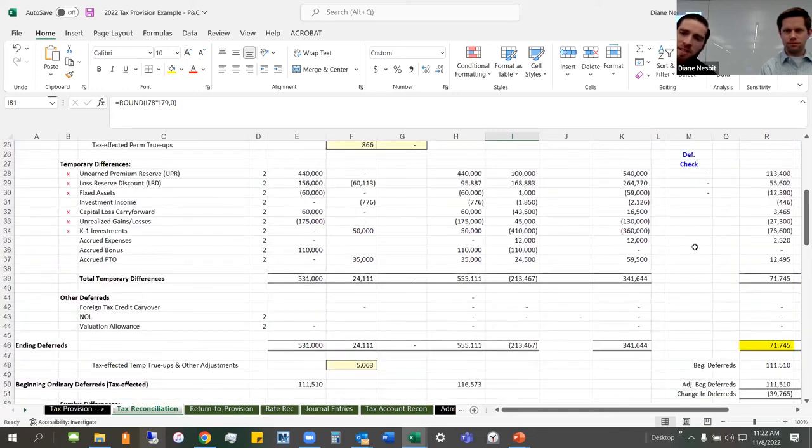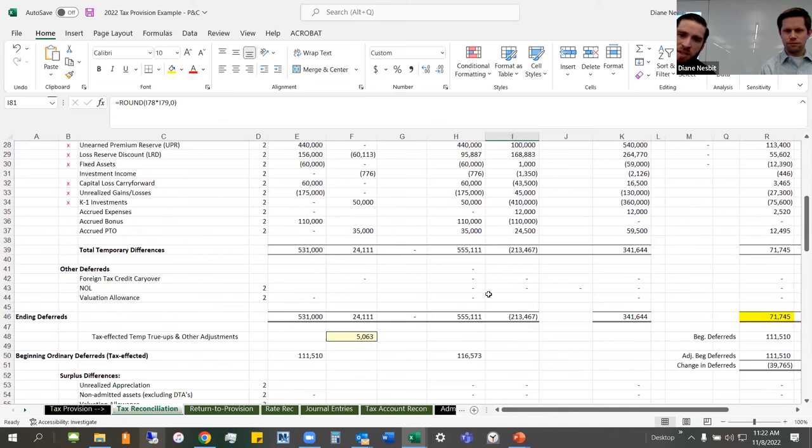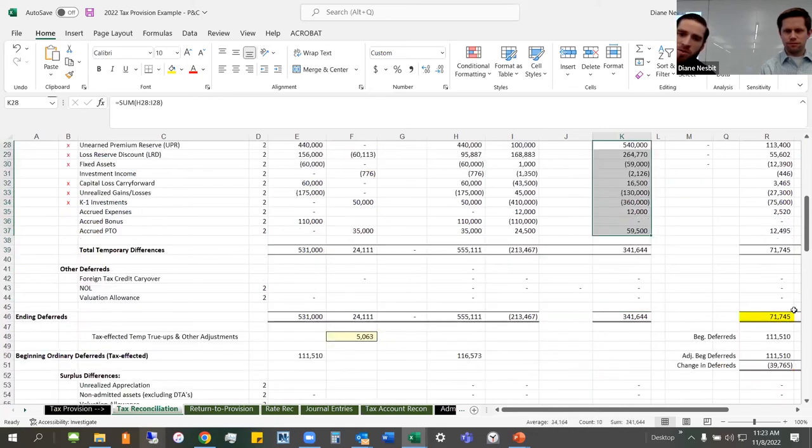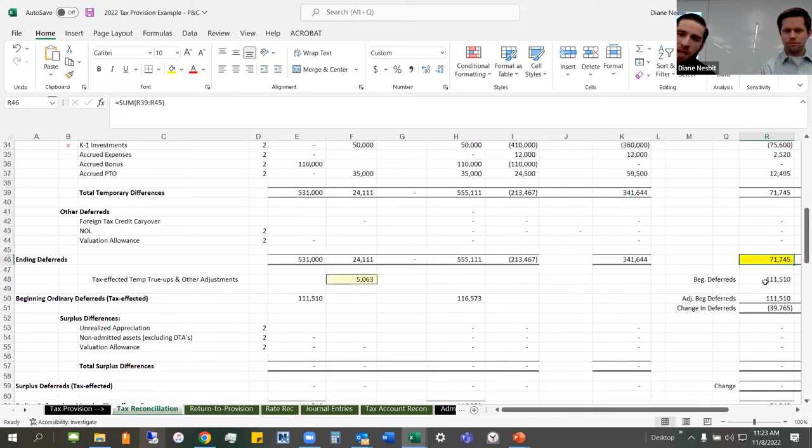The deferred piece is maybe the easiest piece, because when you get to your ending deferreds, you can really tie these out like we showed you, and get comfortable that they're good to go. You've got a beginning number you're comfortable with, and now an ending number you're comfortable with, so the difference, the change in the deferreds, is